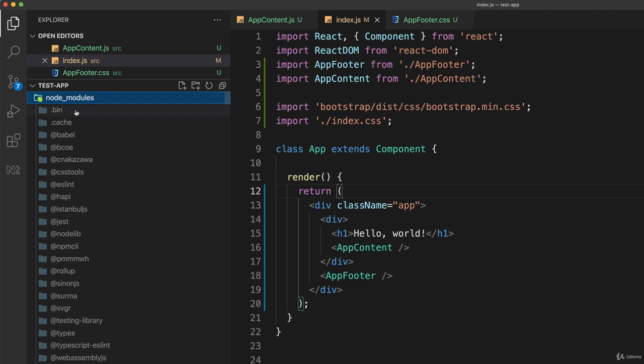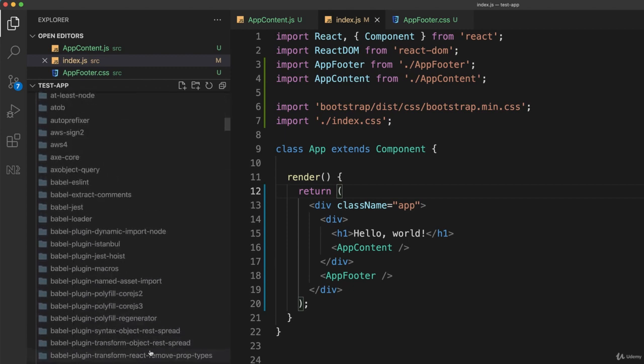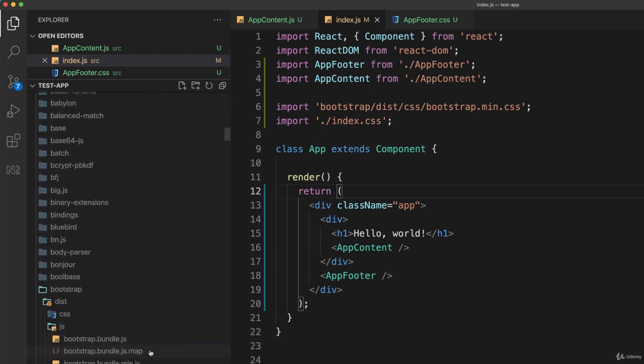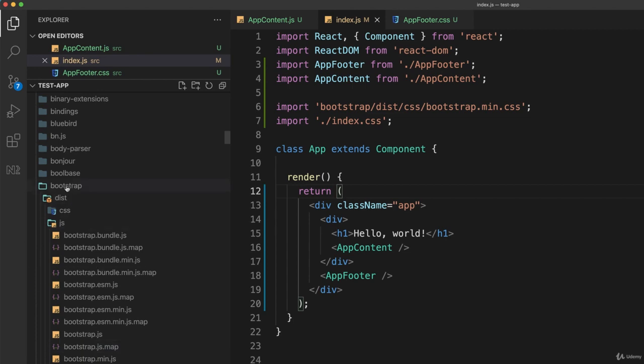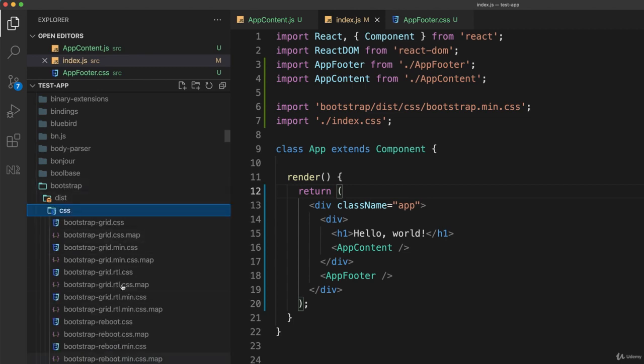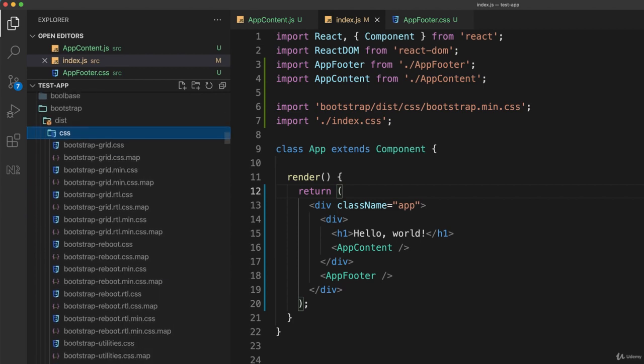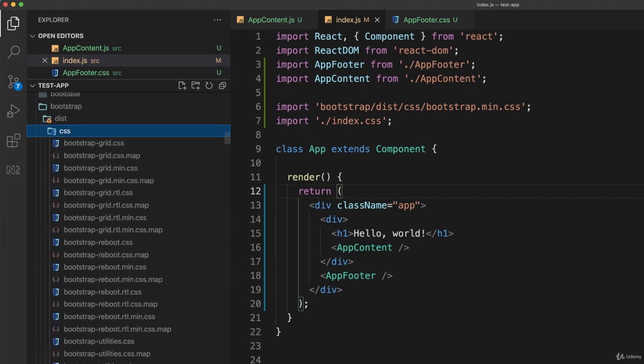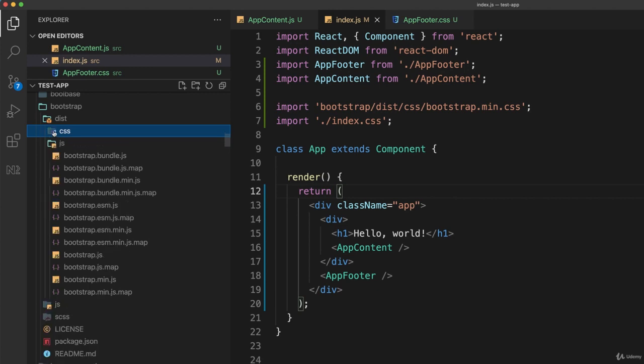And if I open that and scroll all the way down to the B's, you'll find a folder called bootstrap right here. And inside of that is a folder called dist, and inside of that is a folder called css, and that's all the various CSS files used by Bootstrap. And the one that I wanted was the minified version of the entire Bootstrap framework, which is why I chose bootstrap.min.css. You might also want to include the JavaScript, and the one I would include is this one,